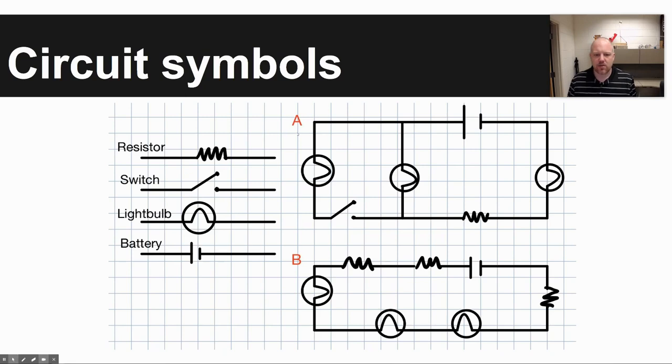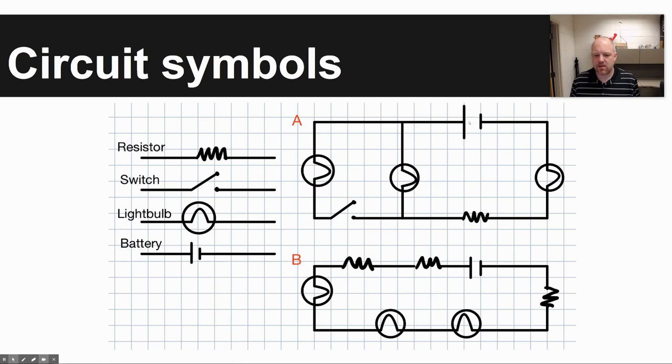So in the examples to the right, just tying the last two concepts together, you have two different circuit diagrams. Letter A up here, these two light bulbs that you can see right here, they are in parallel because they're on different pathways. You can see in this example, there are three light bulbs in total. There's one resistor, there's one open switch, and so electricity would not be flowing through this pathway right here,